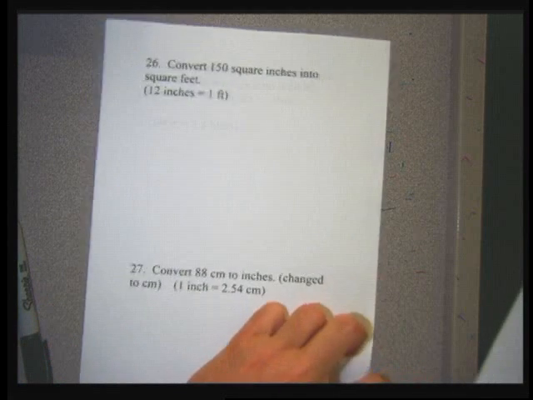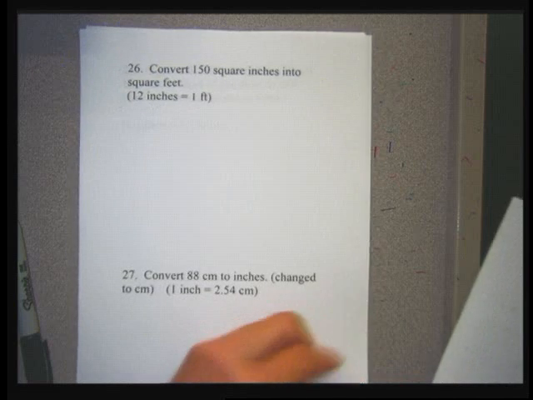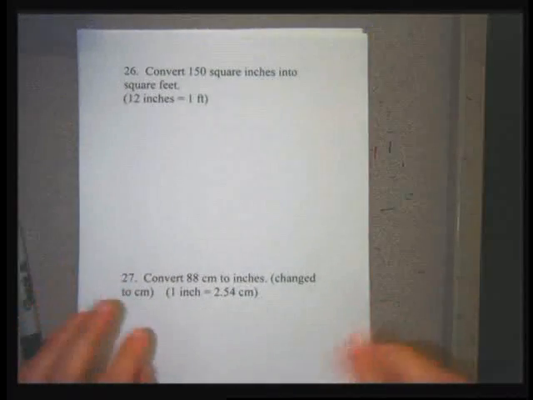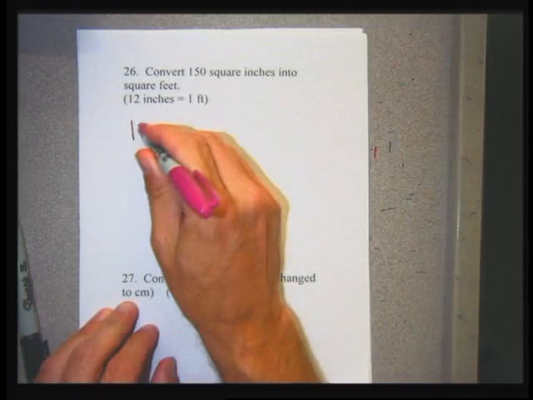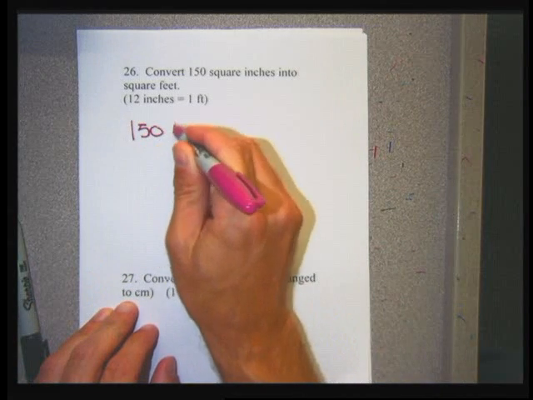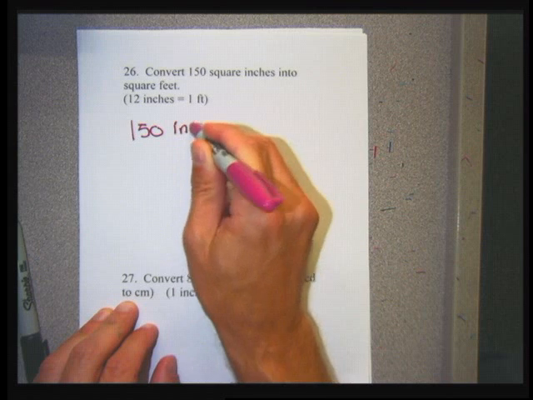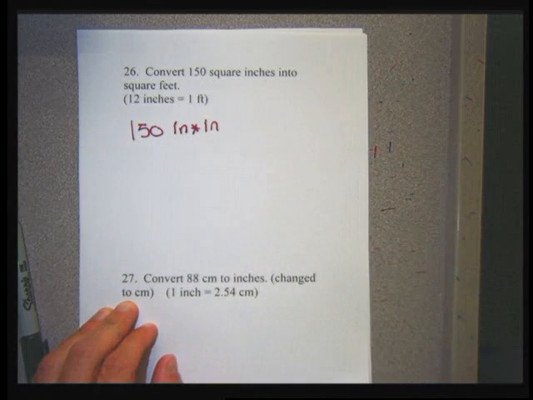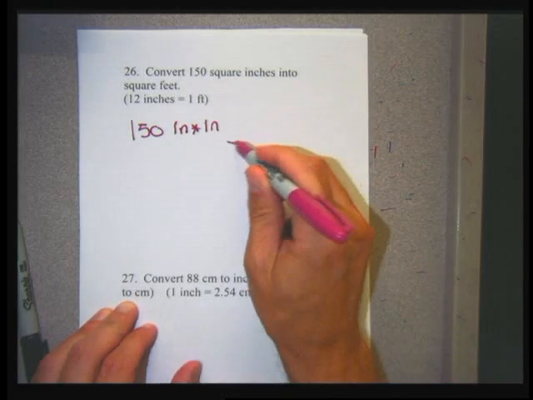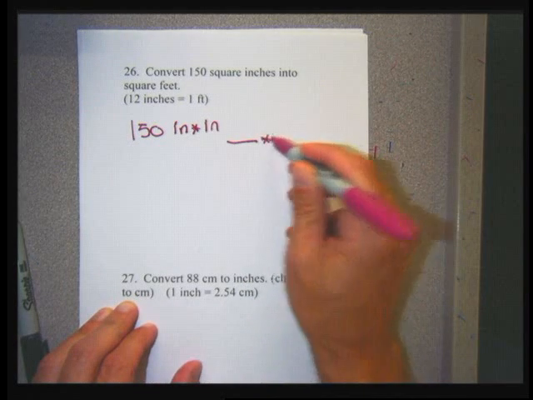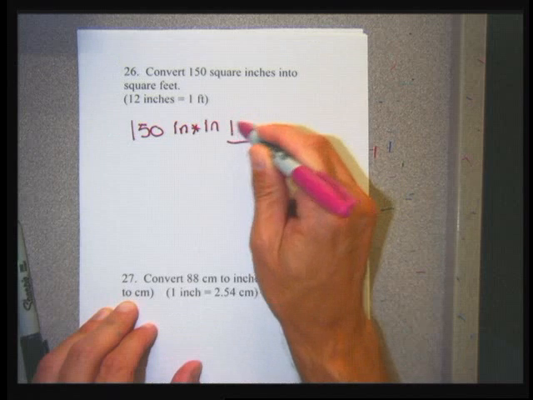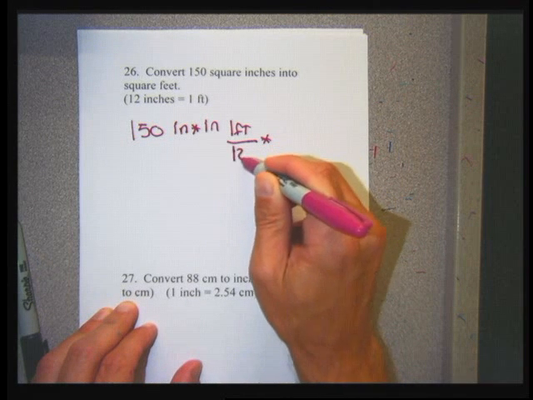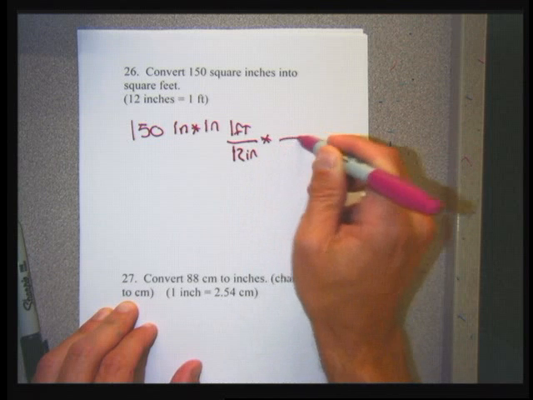26 wants me to make square inches into square feet, and that's a bit tricky. I didn't see a unit that related square inches to square feet, and so for inches, I think of square inches as inches times inches. My goal is to get feet times feet, so I'm going to multiply by 2 units. Each unit's going to have the foot that I want divided by the inches that I know. So I know that 1 foot